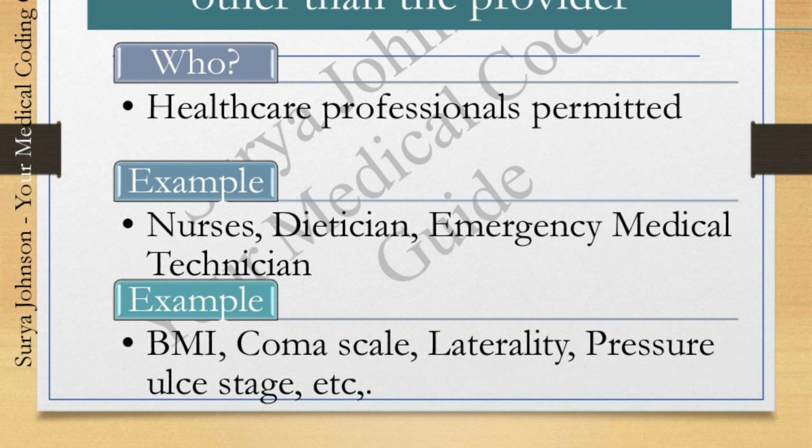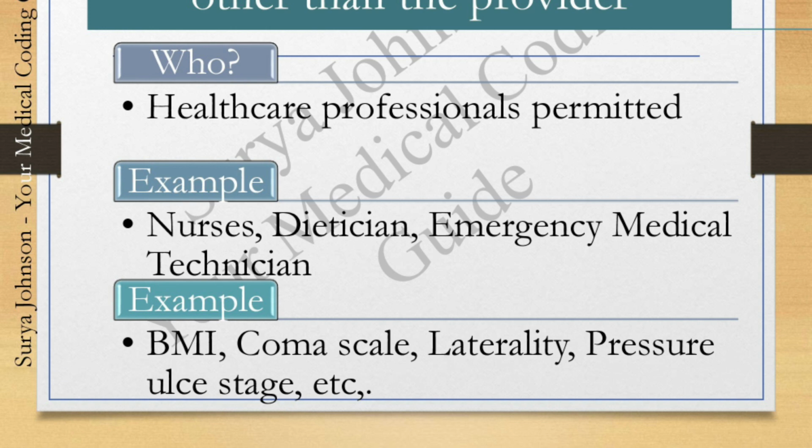The emergency medical technician has the right to document whatever is applicable and permitted as per their specialty and role. So for example, BMI, coma scale, laterality, pressure ulcer stage, etc. These professionals have the right to document,